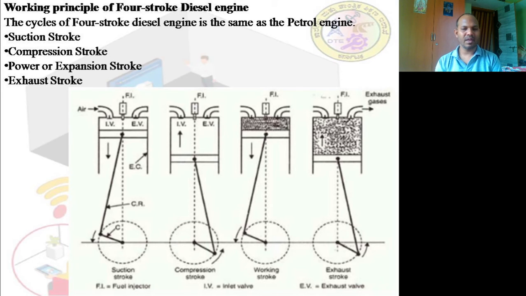And apart from that, out of 4 strokes, whether it is a petrol or a diesel engine, the working stroke, or third stroke, is of higher importance. Now you could have asked me, I told you, in the suction stroke the piston moves from TDC to BDC, in the compression stroke it moves from BDC to TDC, even in the exhaust stroke it moves from BDC to TDC. Where will it get the energy? Do we do it automatically? Do we do it manually? No. Then how does it move? Where that energy comes from is very important.